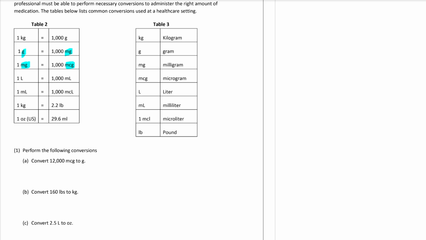All of these, by the way, are what we call unit rates. They all have a unit. You see, all of this is 1. All of this is 1. So that means unit rates can be done in a little easier fashion. But first, let's practice the unit analysis. So if we want to convert 12,000 micrograms to grams, the goal is to start with the gram and see what we know about 1 gram. Well, we know that 1 gram contains 1,000